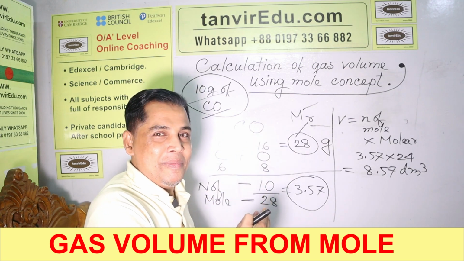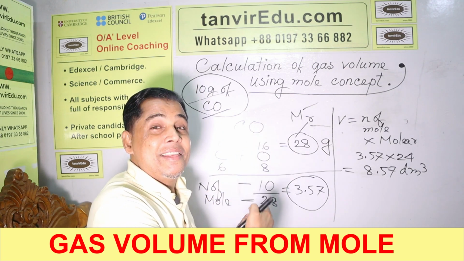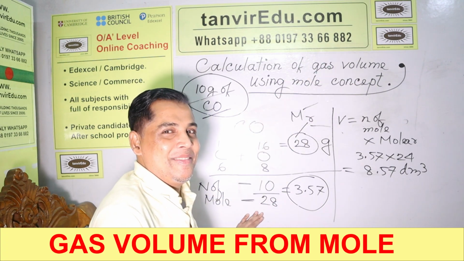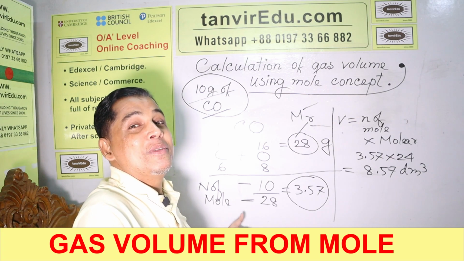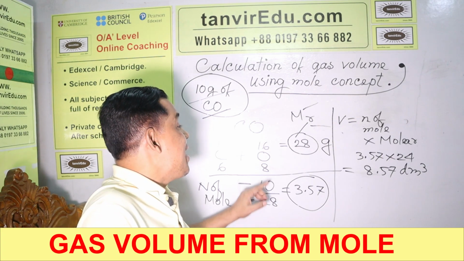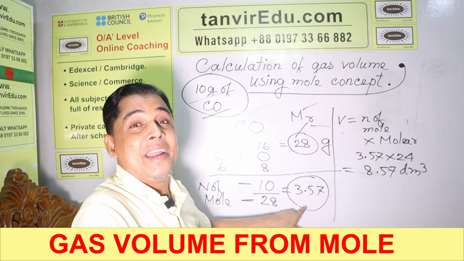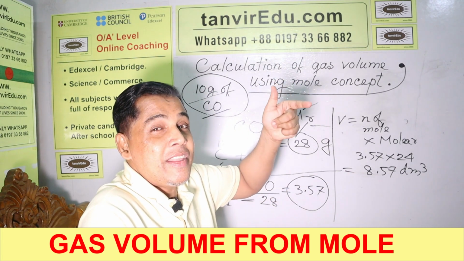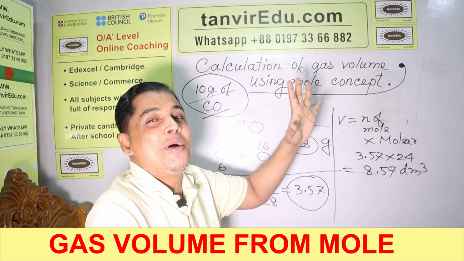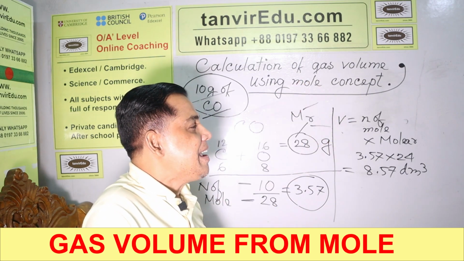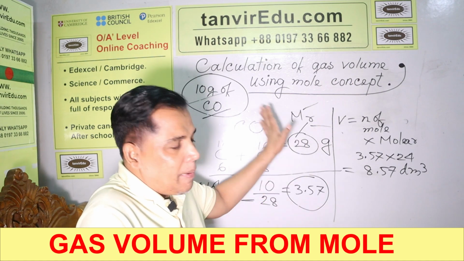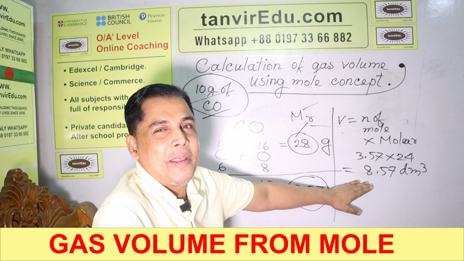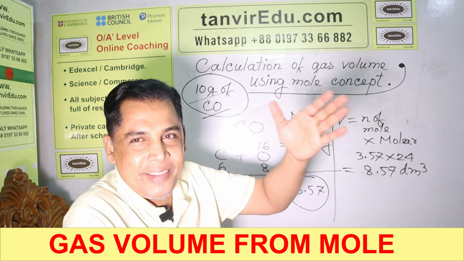This is not imaginative. This is not my dialogue. This is the dialogue from the scientific discovery. So number of moles is equal to given mass divided by mass of 1 mole, you will get the number of moles. Number of moles into 24 decicubic meter, you will get the volume of gas. Okay? And we have completed our assignment. This is the volume of gas. Okay, I'm not going further. Thank you.